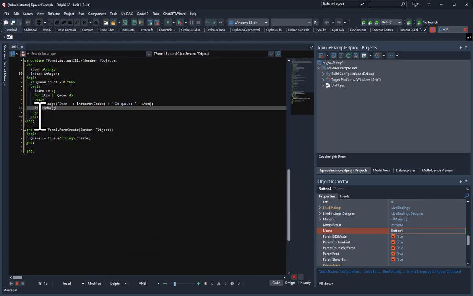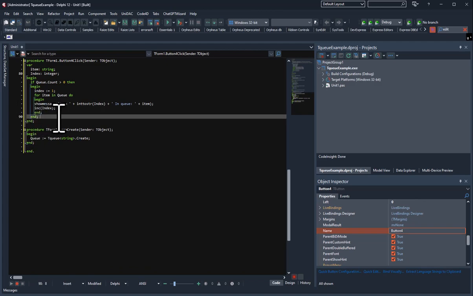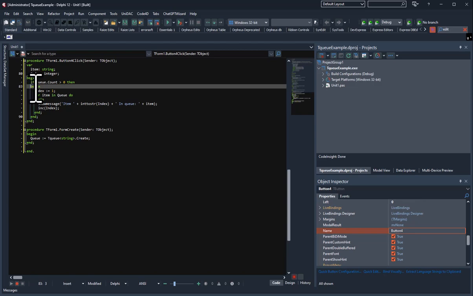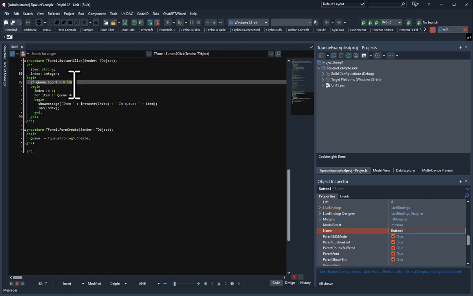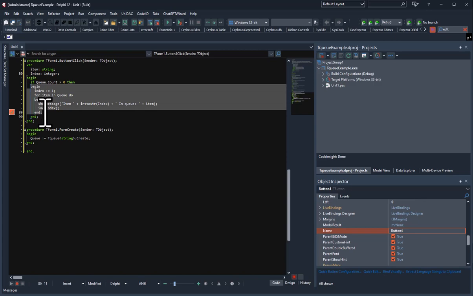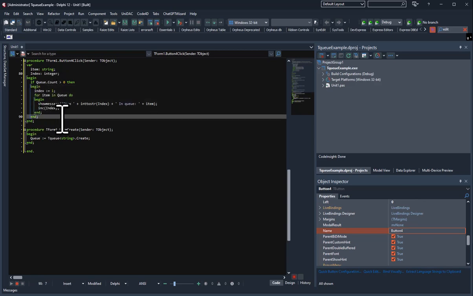Now, what we're going to do is come down here. Now you see these lines here, guys. These little lines help you to navigate your code a little better. So you can see that this end corresponds to this begin. So I'm saying that if the queue.Count is greater than 0, then do all of this in between, right? But I actually want to put an else statement here as well, because what if the queue count is 0? What if there's nothing in there? We want to be able to show a message,